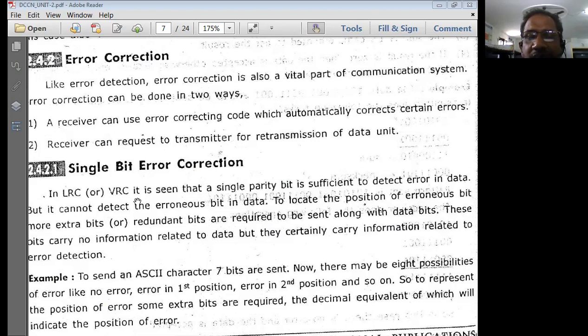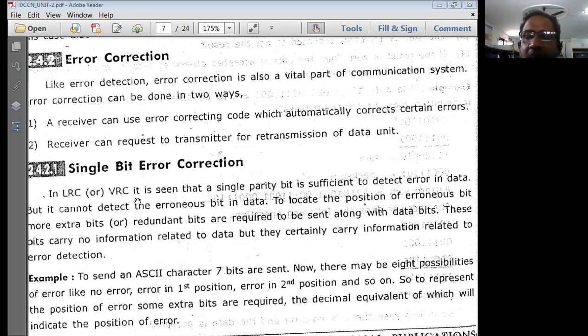At the transmitter, it is going to calculate the appropriate redundant bits based on the methodology used, and those redundant bits, known as extra bits, are added to the transmitted bits at the end. That means, first of all, we have the transmitted bits, then the LRC, VRC, CRC or checksum redundant bits, transmitted via the transmission medium. The receiver receives this entire data and calculates its own LRC, VRC, checksum or CRC.